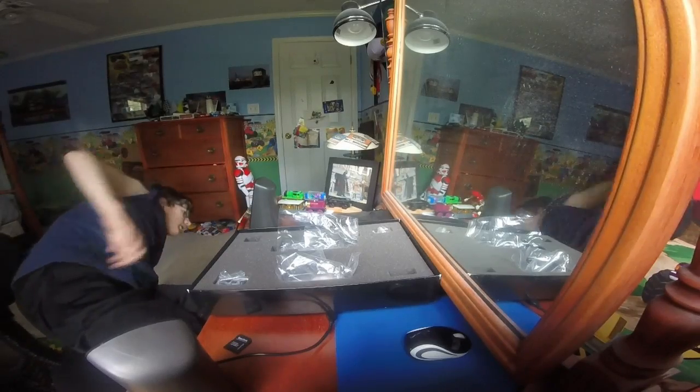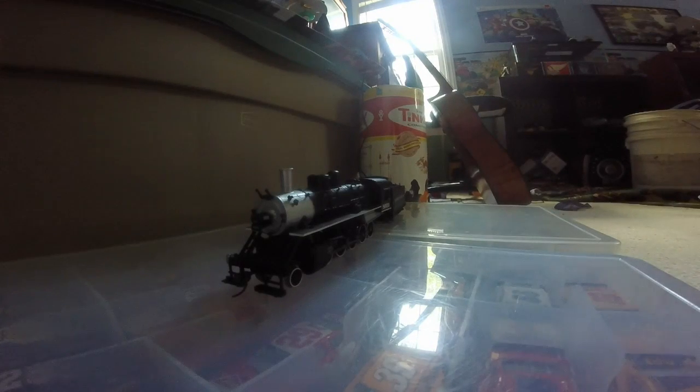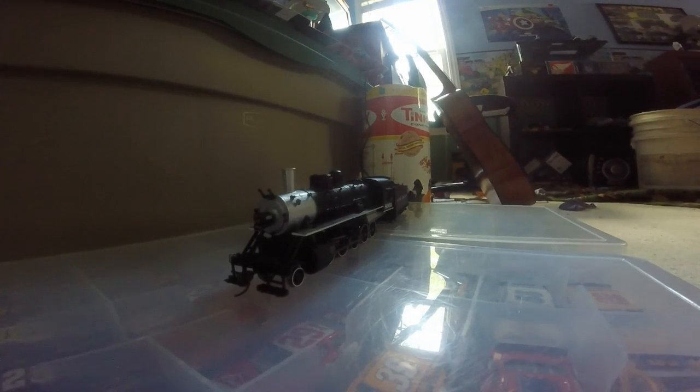But first, before we take a look at the detail, I'm going to give you a little bit of history on the class. The Russian 210 Decapods were built by Baldwin and Alco in 1918 and were exported to Russia, hence the name Russian Decapod, but were sent back when the government took over. Of course, then they went out to several different railroads across the U.S. The Atlantic Coast Line, which is the one you see modeled here,